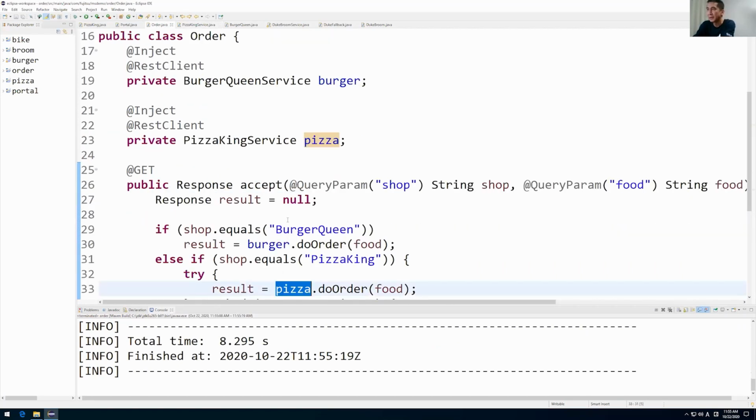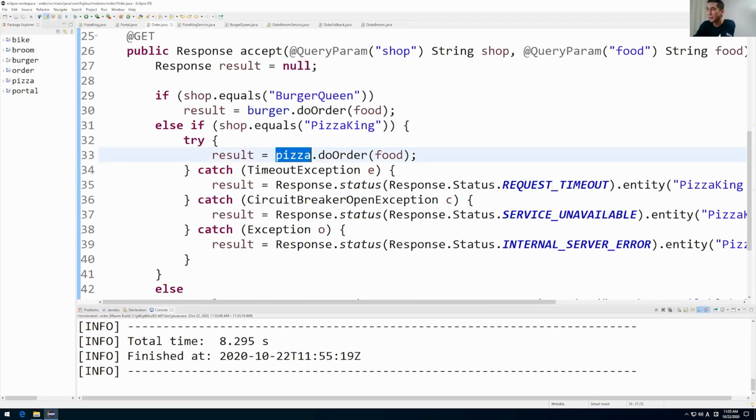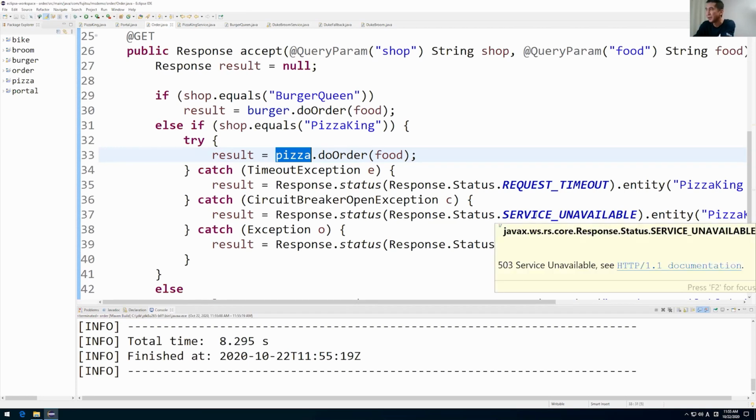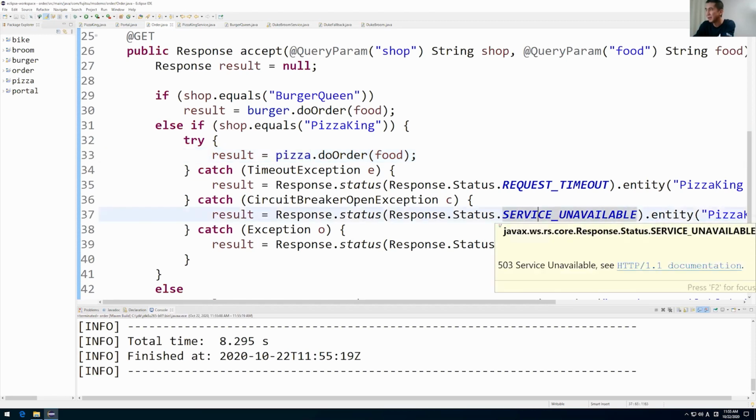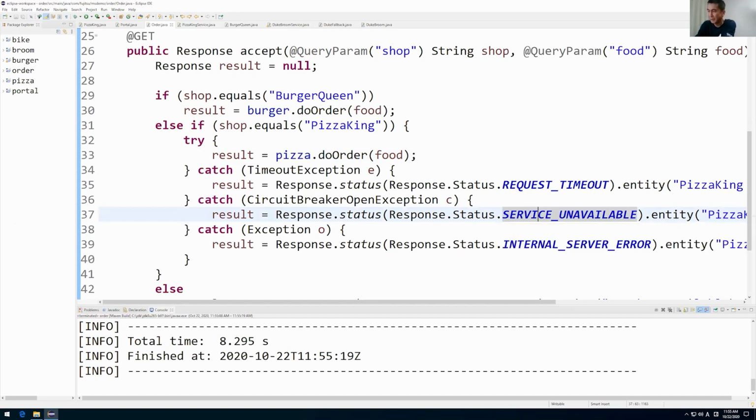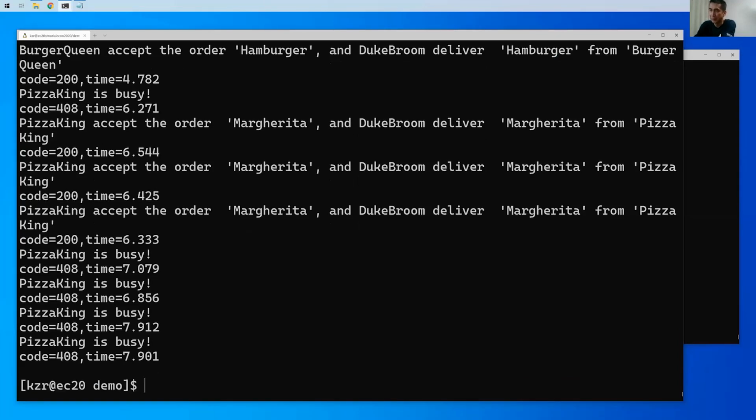And the other service catches the circuit breaker exception and returns the service unavailable code. This is 503, an HTTP code. So let's see what will happen.